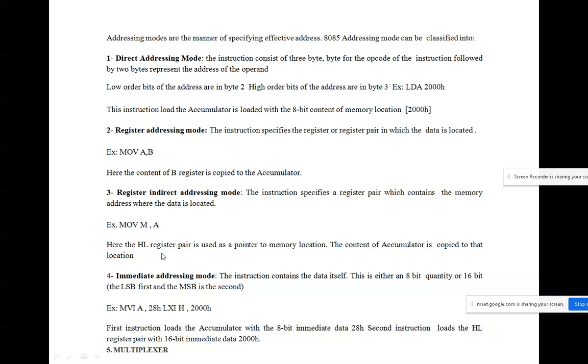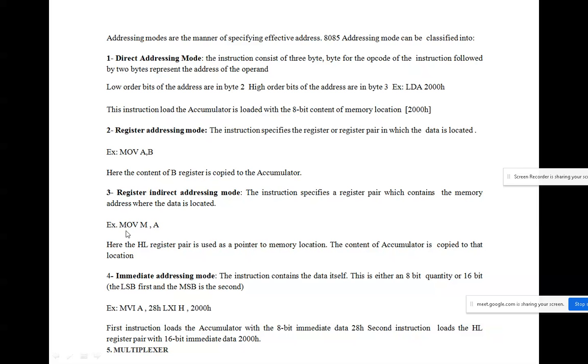Why are they using a register pair? Because the address of the 8085 microprocessor is always 16-bit. So only a 16-bit register is able to hold this 16-bit address. Okay, that's why we use the HL register pair to store the 16-bit address of the memory location. Always, by default, you will be using the HL register pair only for storing the internal memory locations.